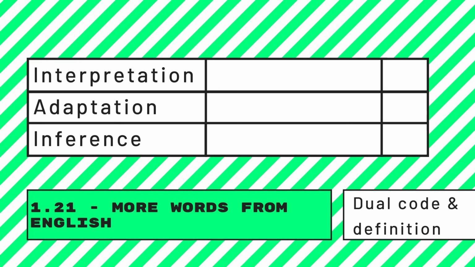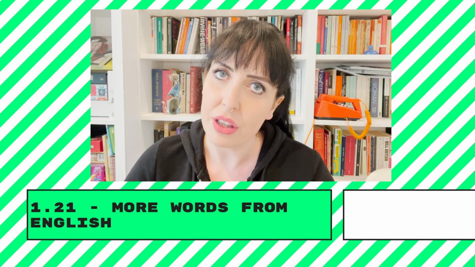And finally, if we just move on to the definitions, have a little dual code. My suggestion would be a magnifying glass for inference, because you're like a detective. You're a text detective. So if you just fill that out, then that is it for me from this week,